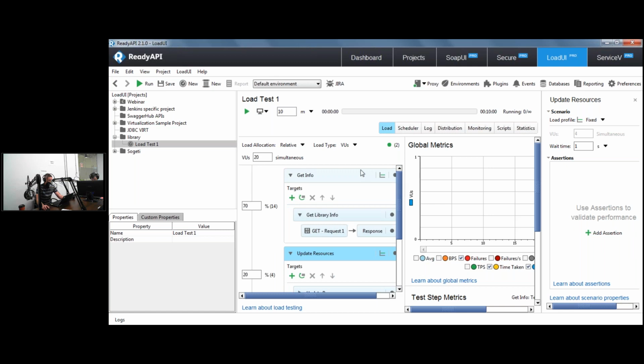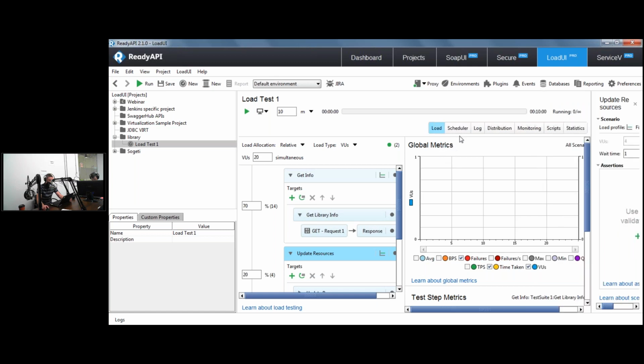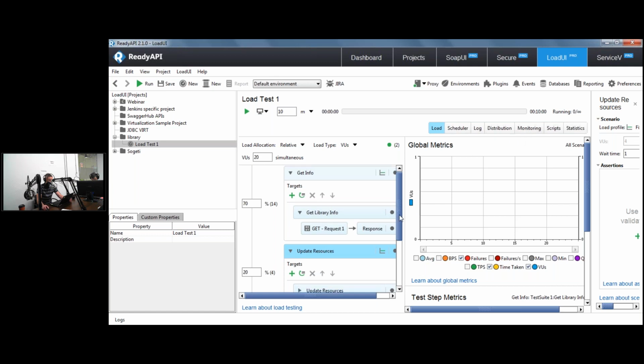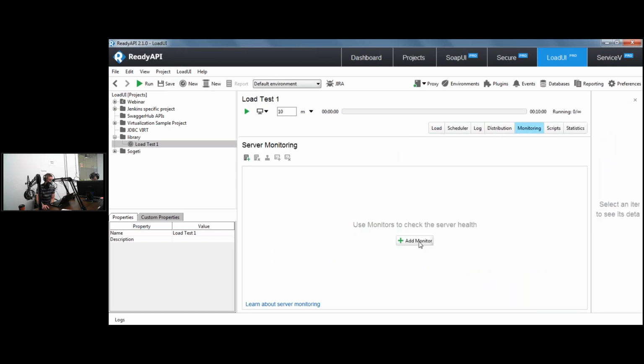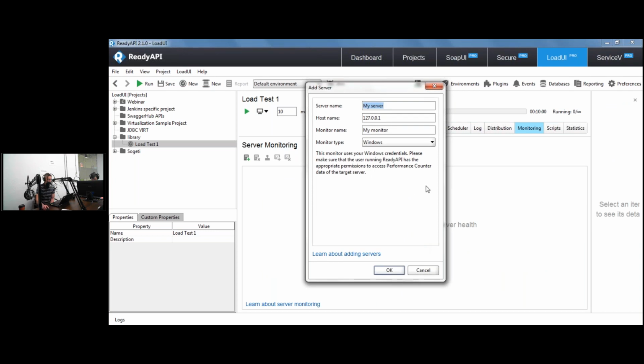Okay, so we have the load test set up, right? So we can pretty much click run and kick it off straight away. A couple of things I wanted to just point out as well on this. Now, I don't have an Oracle database set up, so hopefully for the next session we can create that and have a full end-to-end. But from the monitoring perspective, I maybe